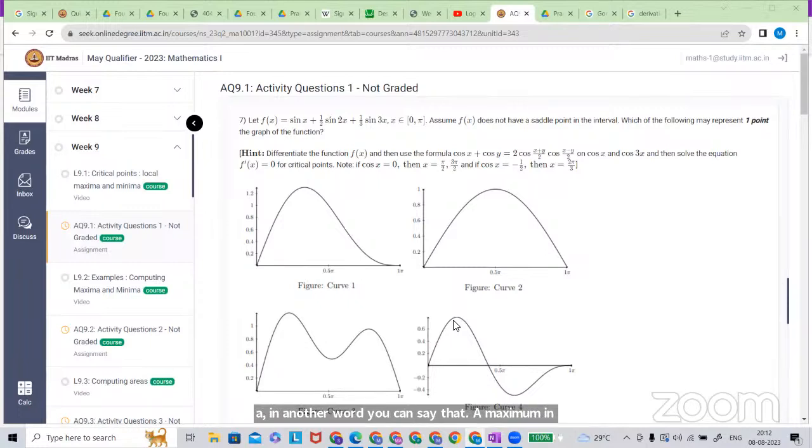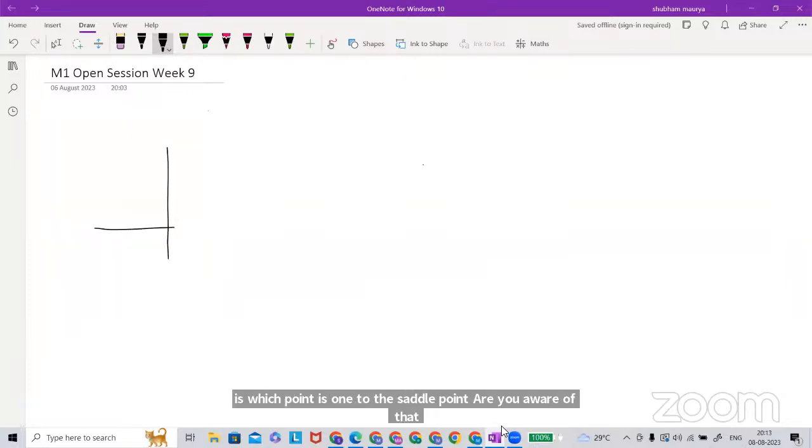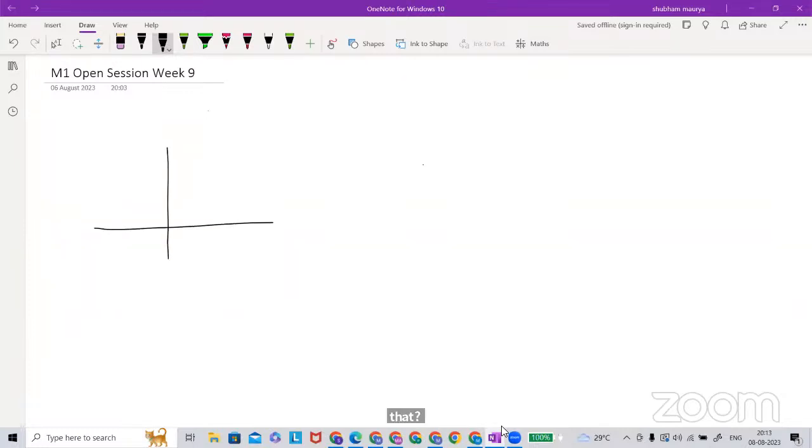What do saddle points mean? Are you familiar with when the graph will contain a saddle point, looking at it geometrically? Can we say which point is going to be a saddle point? Are you aware of that? Sir, in the lecture it was told something like f double dash of that value will be 0, right, sir? Yes, and also